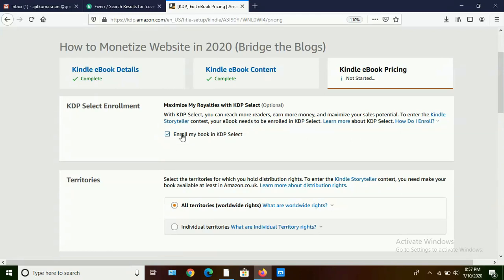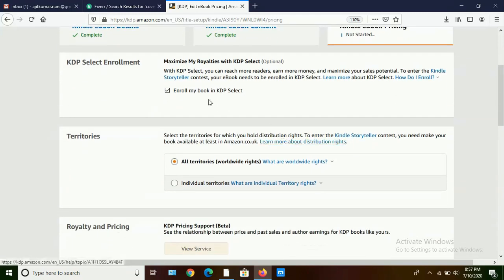There will also be a storyteller contest in Kindle Direct Publishing, a competition between authors who write stories. The person elected as the winner will be given millions of dollars as a fund by Amazon KDP. So don't miss this chance and click on enroll my book in KDP Select.